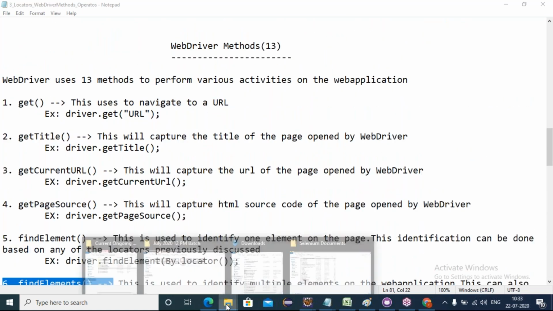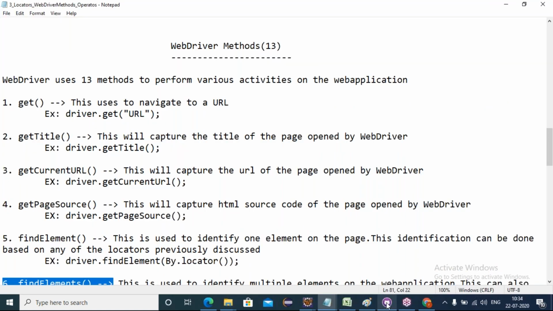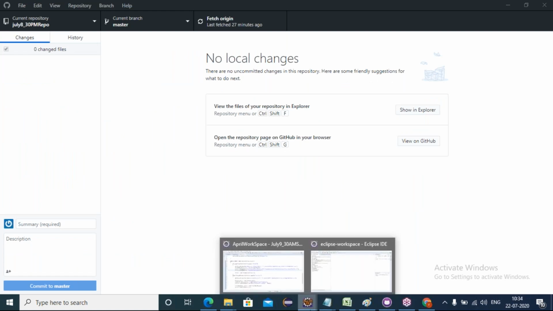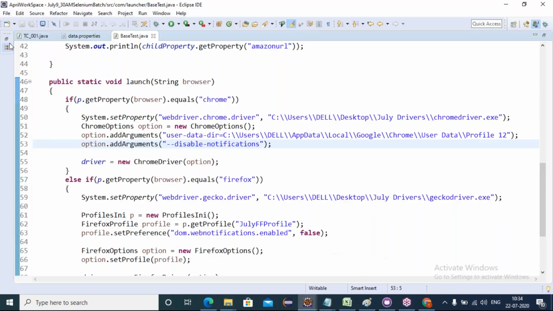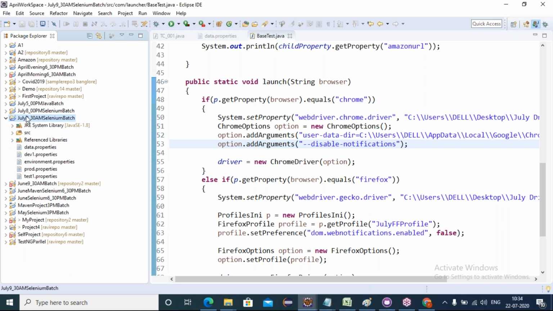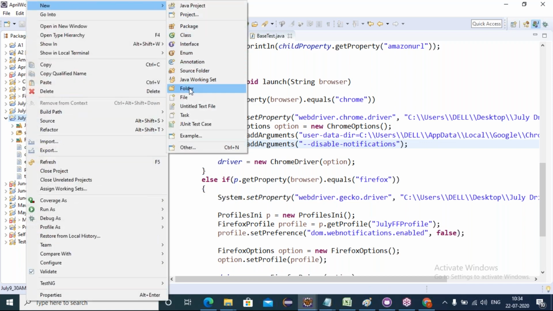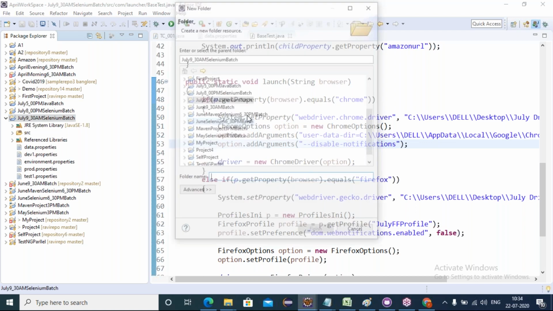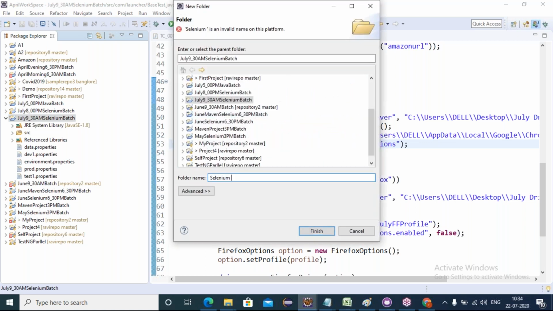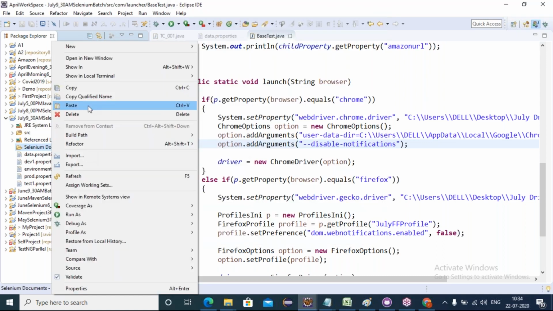Okay, let me keep these documents in your GitHub server. Let me create one new folder, Documents, and paste everything here.